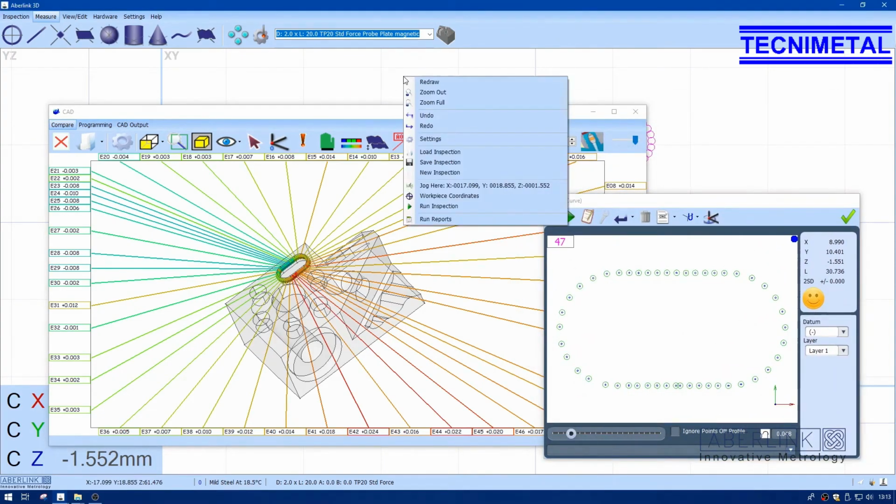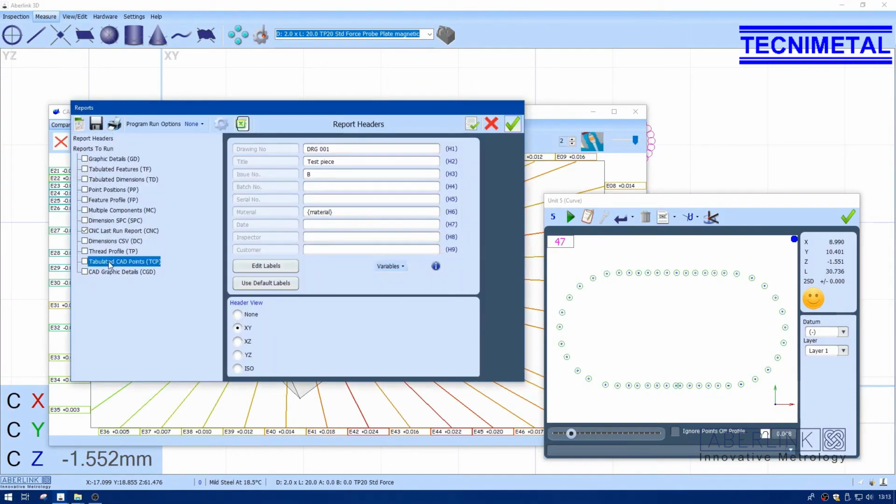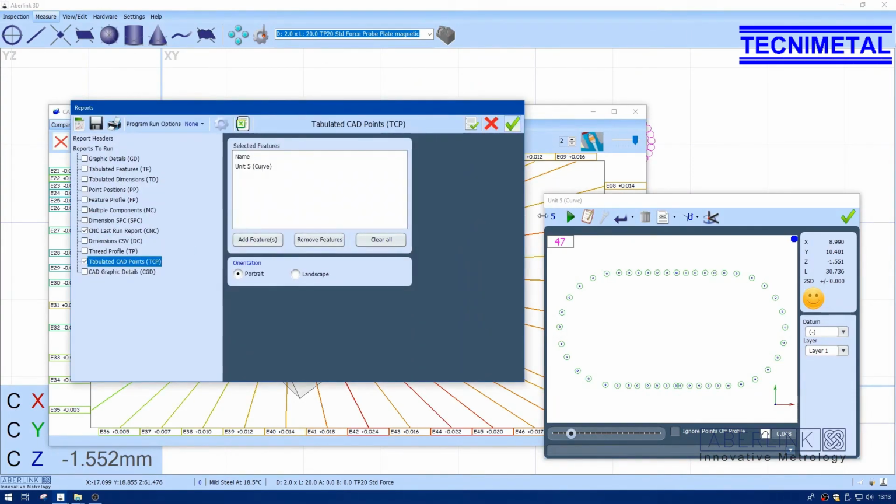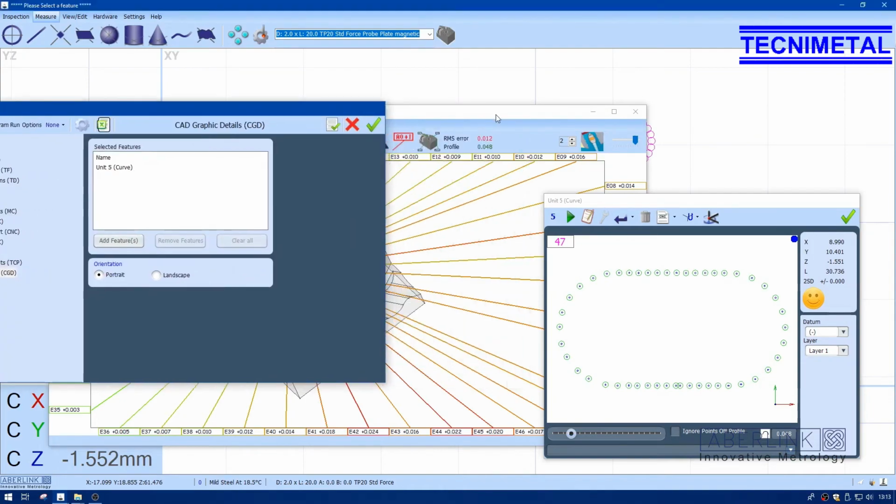So I'm going to run reports now. While this is open, tick the right reports I want. Now, because Unit 5 curve is open, it's already appeared in this list. If I want to add a feature, just click on Add, choose Red, and I'm going to add the center